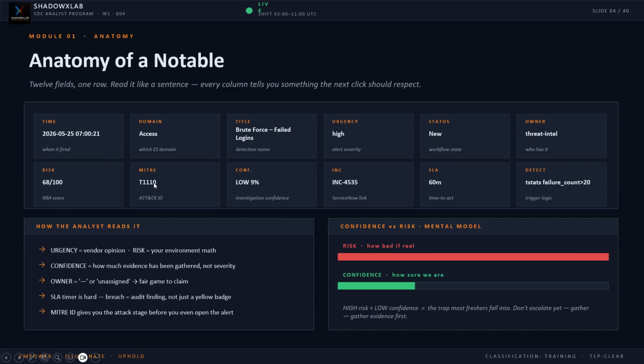MITRE. So it is the resource that will help you to identify what exactly the attacker's goal and their technique are, and what the analyst needs to do. Confidence level. So unless and until you have evidence, your confidence level will be low. Investigation confidence. Incident number, that is the ticketing